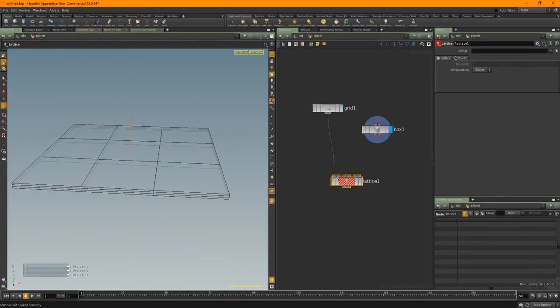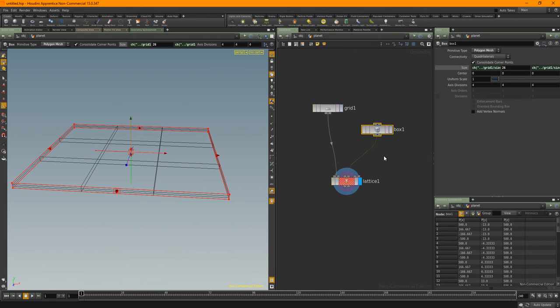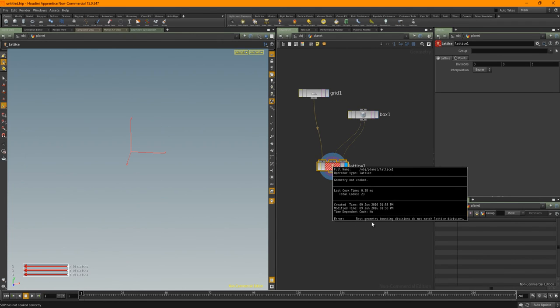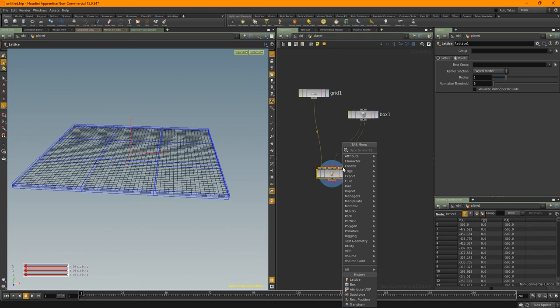So let's get a lattice in here. Okay. So we want to deform the grid, so that goes into the first input. And then what we've got is rest geometry, and we've got deformed. So we'll pop that into the rest because this is the non-deformed box, and then we're going to pop this into the deformed box. Okay, and it's still going to error out. It says rest geometry bounding divisions do not match lattice divisions. And that's because it's on lattice. We want points. Okay, error's gone now, and nothing's happened yet. And that's because we haven't deformed anything. So I'm going to right click on the input of that. I'm going to drop down and edit SOP.